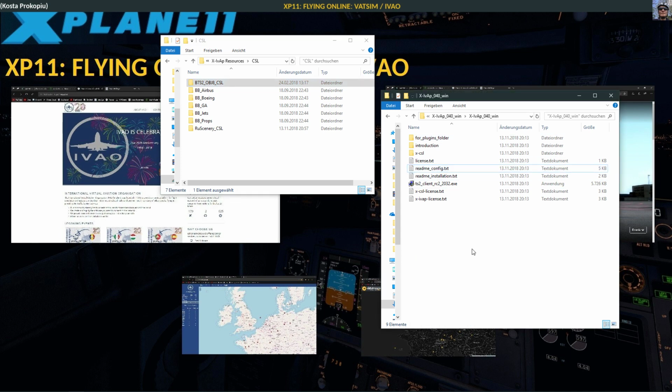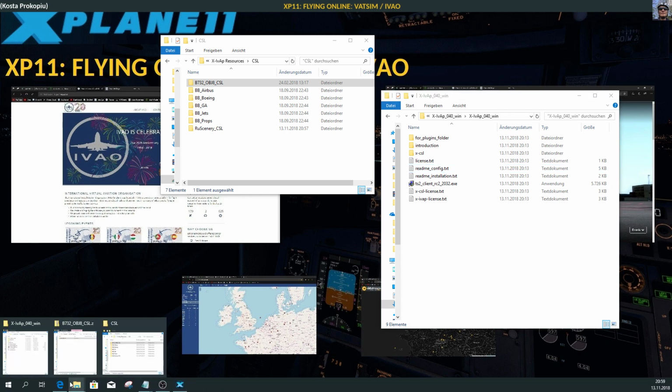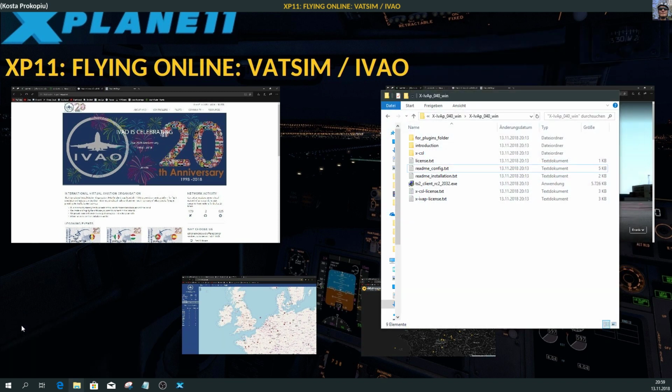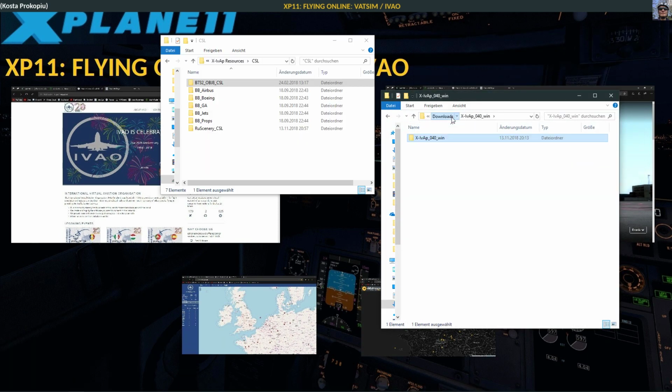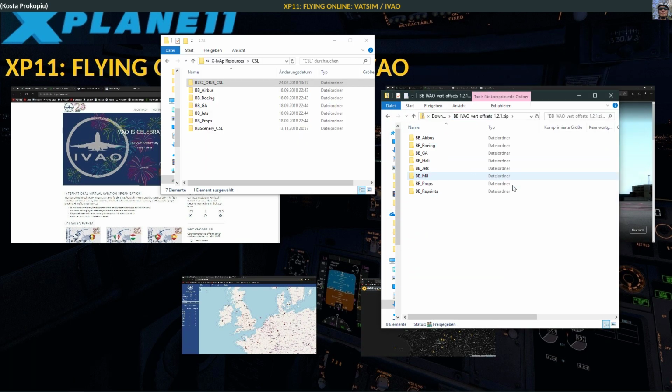By the way, these CSL files have actually been created for XQuarkBox, which is the program that you connect with VATSIM. But they do work as well in IVAO. But there's a little but. What you need to do is you need to actually apply these vertical offsets. So there is this